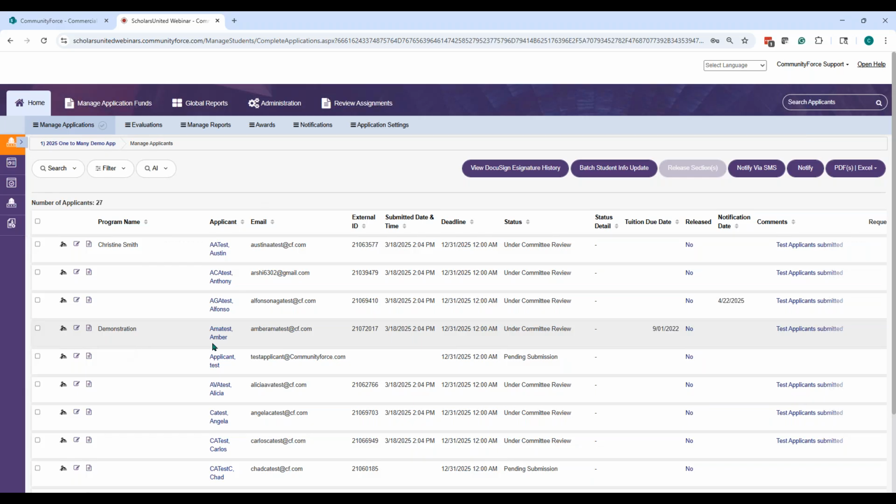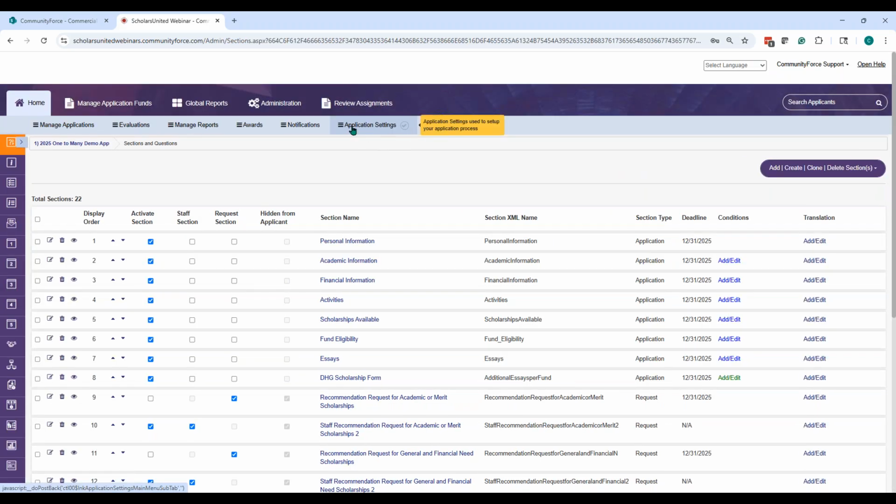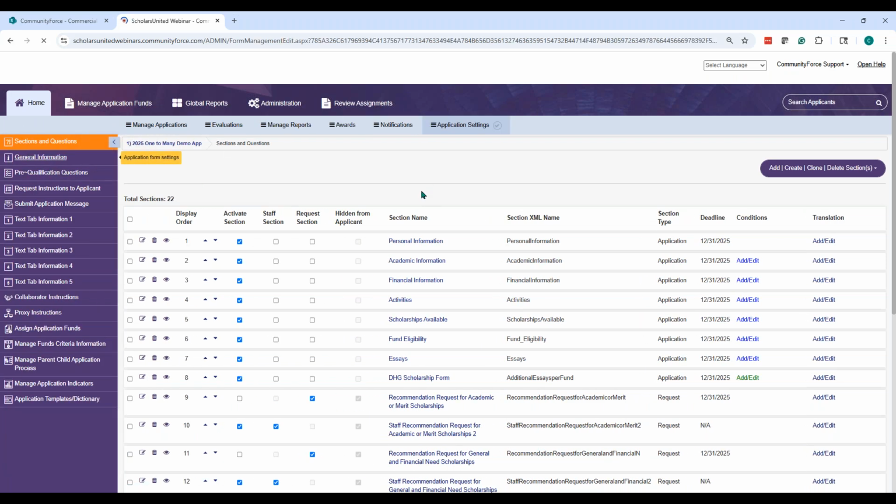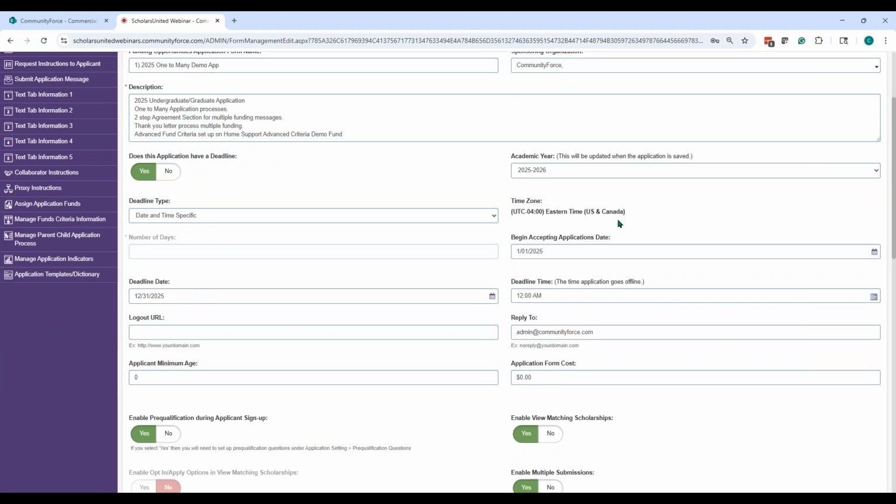So that academic period or that financial period that the award is falling in, because once you start awarding, you can't backtrack. So you always want to make sure you've got the correct one. So when you first create the application form, under the application settings, in the general information section is where you would have created that when you first created the fund. And whatever you put on the application form, that's where it's going to put that academic year, that fiscal period, on the funds that you assign to it in the assigned application funds.